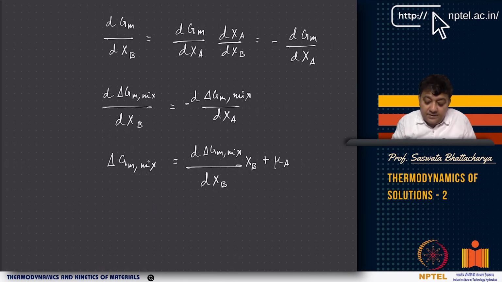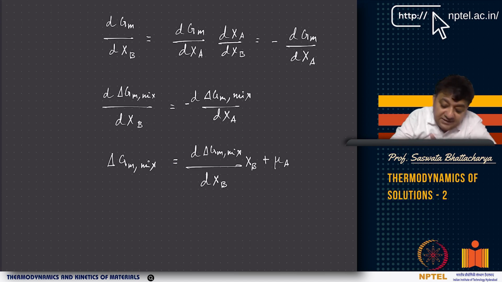Okay. But remember, there you have 2 slopes, right? You have delta GM. So, for example, because you have 3 components, you have 2 independent components. So there you will have different slopes, right? I'll come to that later. We do not want to go into the ternary system first. We want to give more examples of binary so that you become clearer and clearer.